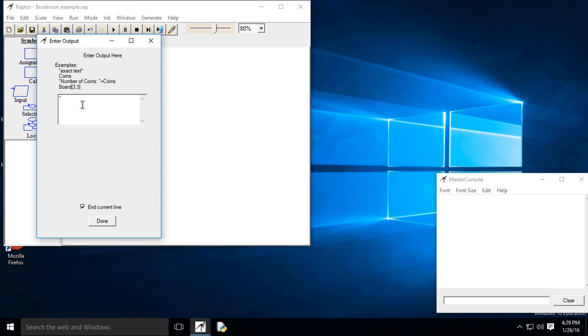We'll say that the area is, and do a close quote, and we need to get the contents of A into this output. The way that that's done is we use the plus symbol. The plus symbol is used to add things together, but whenever we're dealing with a string of characters like this, the plus symbol means to append to the string of characters whatever the contents of the variable is in many programming languages. Sometimes you have to take additional steps, but for right now, we're going to concatenate, because that's what that really is, concatenate the contents of A onto this little sentence that says